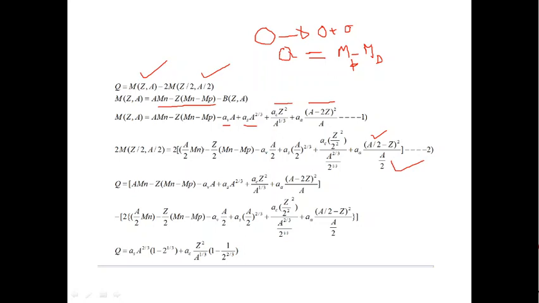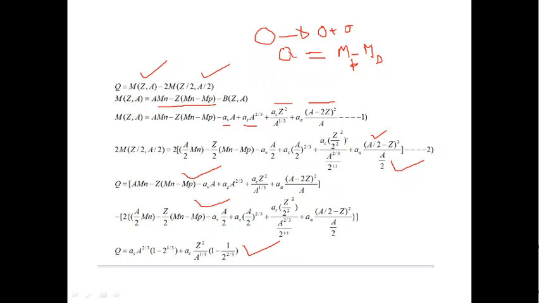Now I'll subtract this 2. When I subtract this 2, this is the first term, and I'll subtract it from the second term. You can sit and solve this equation very carefully. Again, I made a mistake here. Instead of this 2 by 3, this is 1 by 3. If you sit and solve it properly, this is what you get.